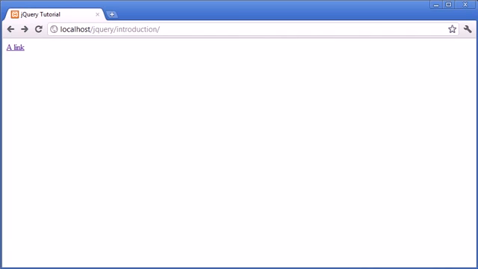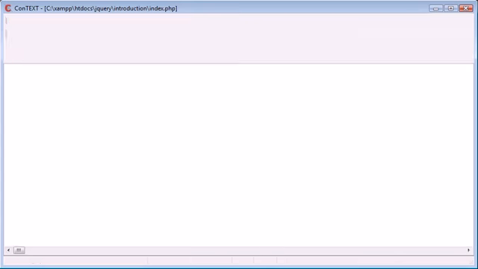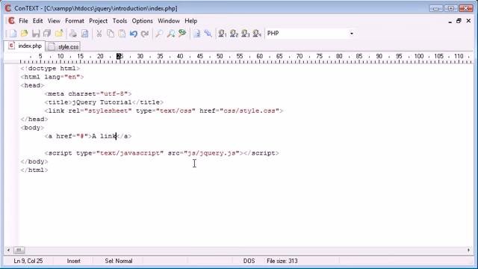So let's go over to our browser and take a look. You can see that we've just got a link here. It doesn't really do anything at the moment. So what I want to do is when I hover over this link, I want the text to change to bold. So there are other ways of obviously doing this, but with jQuery we can use the bind event handler